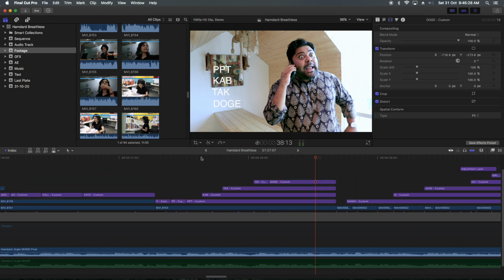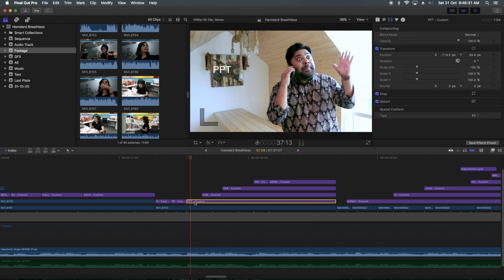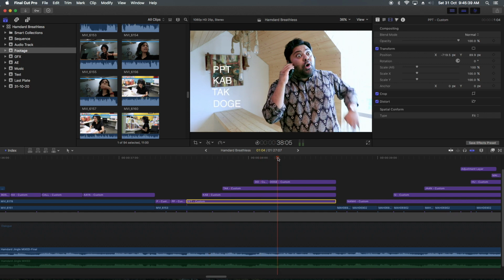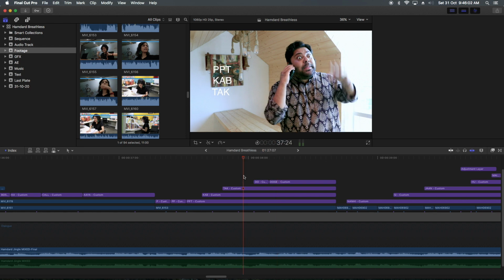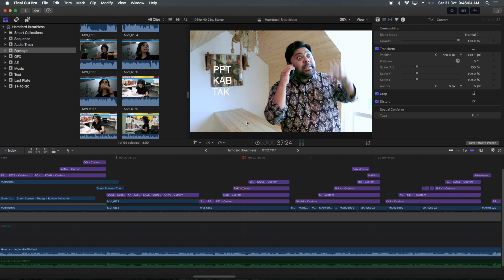So what I am doing is, if I go closer, you can see one layer is for PPT, one layer is for cub, one layer is for tuck, one layer is for do, and then gay. So how I want to use this text, I am editing those text as I edit a video. The font has changed because this system does not have the particular font which I used, so everything is not what I actually made. The video is totally different, the text part is totally different, but the effects are coming.